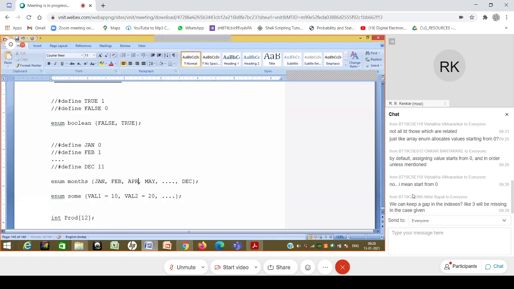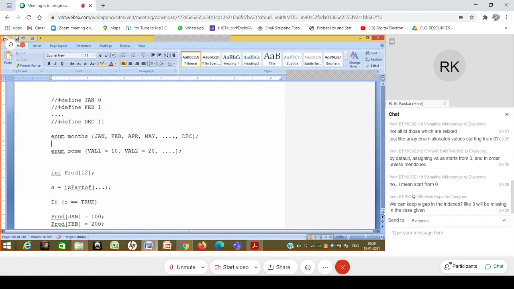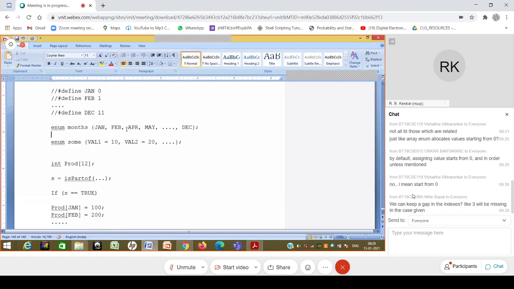So when you don't specify anything, then by default the values will start from zero, and it is useful because you see the relation: why they would have chosen zero is that they realized that many times this is going to be used for this kind of mapping in the array, and this is definitely useful. I mean, we don't have a way to use strings as indices for the array, and many times we do require that.